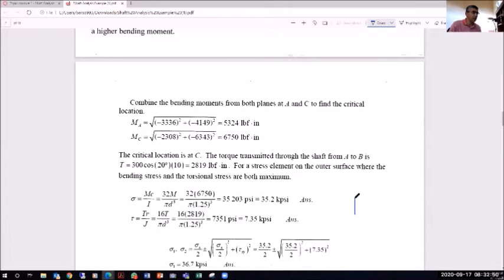So I can come here and show on the stress element that I do have a sigma like this, and I also have a tau force. These are acting at a point like this. And of course, I complete my stress element,